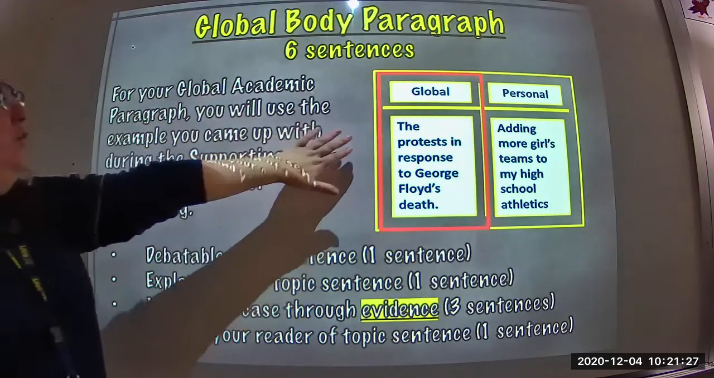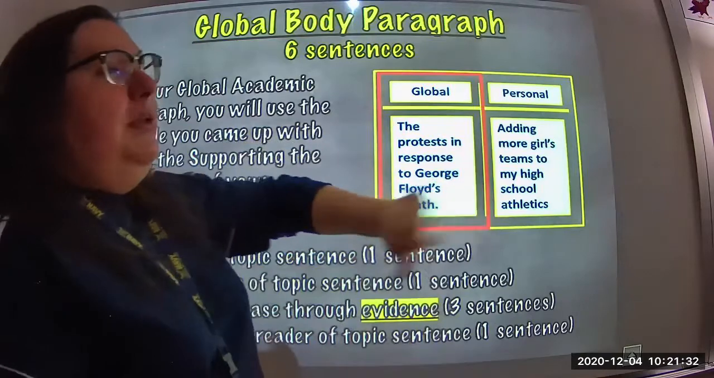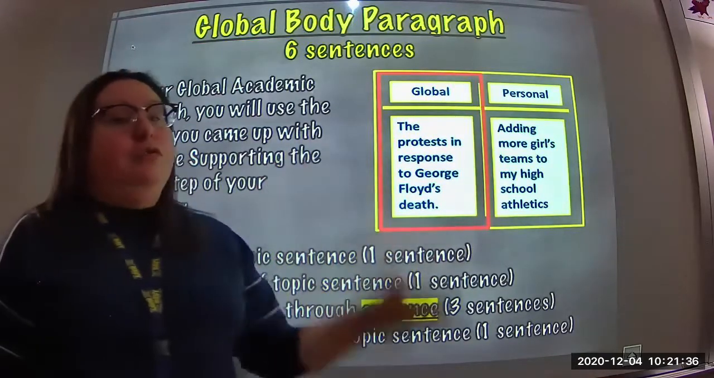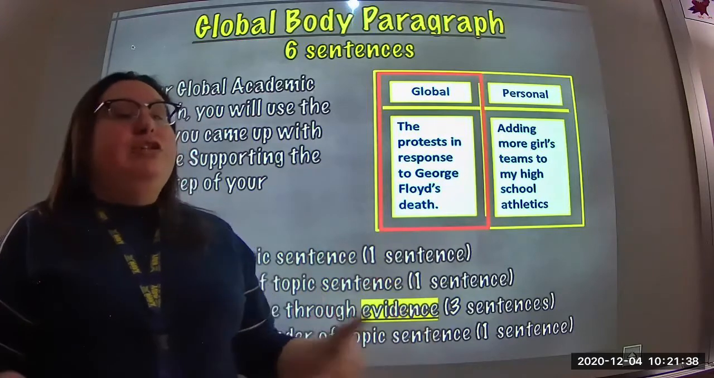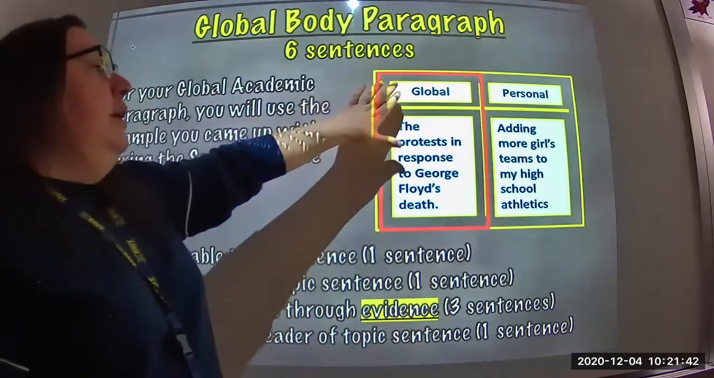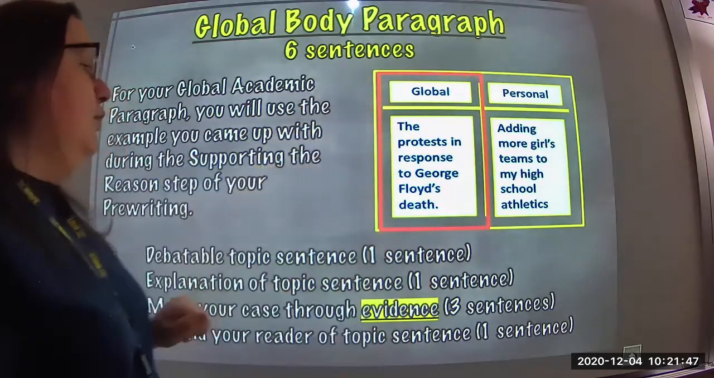Now, this one we found was the protest in response to George Floyd's death, right? Because everybody knows about that. It was all over the news, even if you don't watch the news, it was all over social media. Use the information that you get from around you to help you build that. So the global example we had about how it helps fix society was the protest of George Floyd's death,